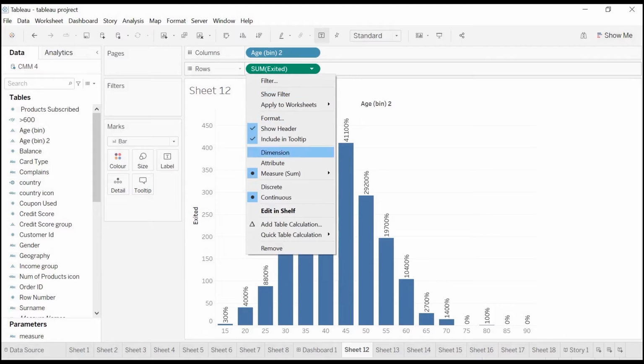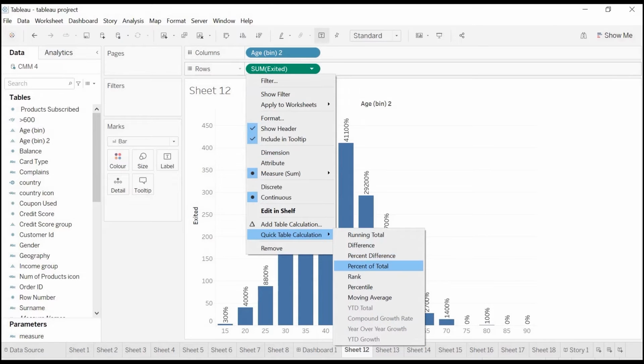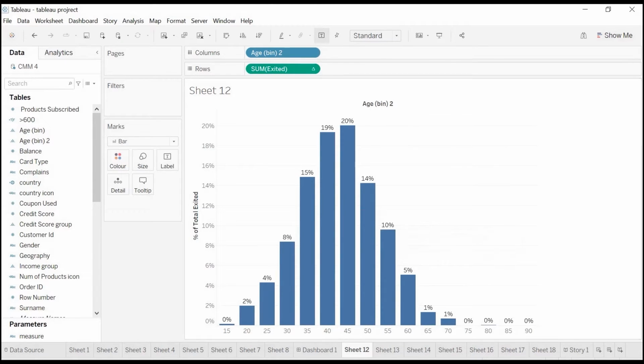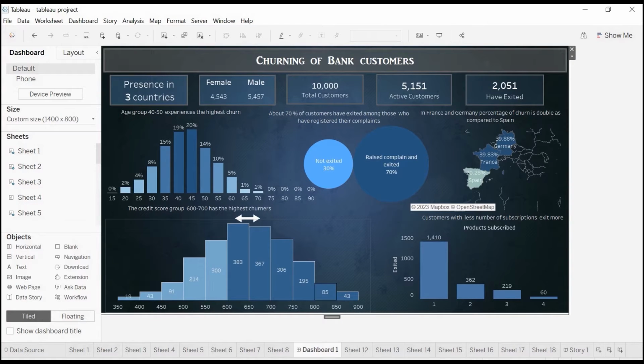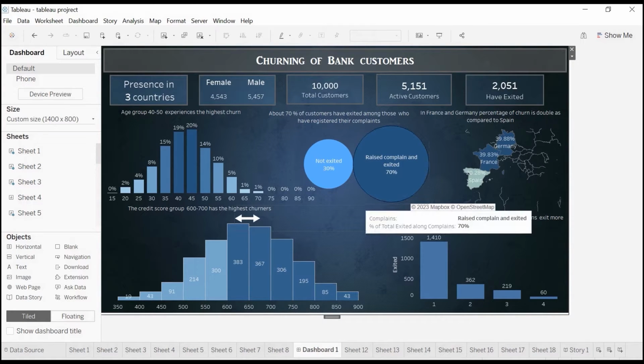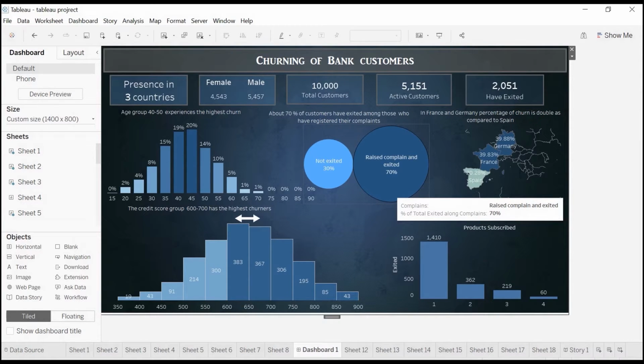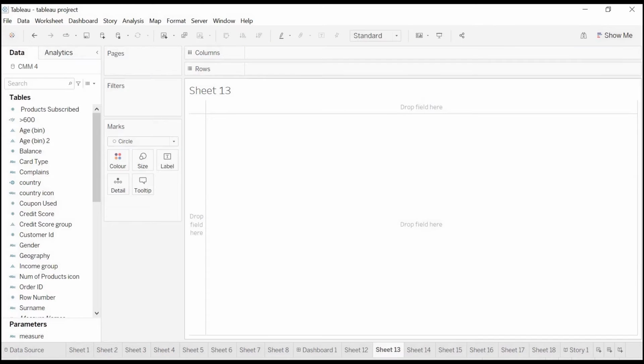Then I will go to quick table calculation and convert this to percentage of total. Now I will drag and drop this field into color to clearly show which age group experiences maximum churns. Going back to the dashboard, the second visual clearly depicts the percentage of customers who have exited among those who have registered their complaints. In order to create this,